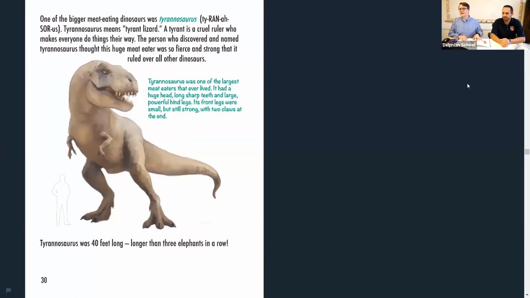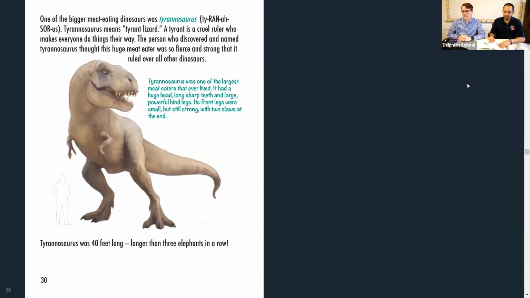One of the bigger meat-eating dinosaurs was Tyrannosaurus. Tyrannosaurus means tyrant lizard. A tyrant is a cruel ruler who makes everyone do things their way. The person who discovered and named Tyrannosaurus thought this huge meat eater was so fierce and strong that it ruled over all other dinosaurs. That makes sense. Tyrannosaurus was one of the largest meat eaters that ever lived.